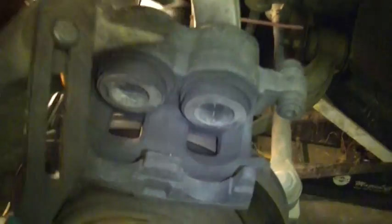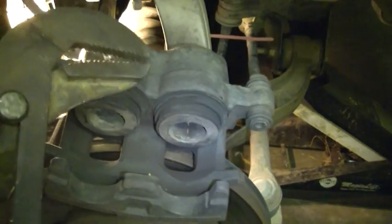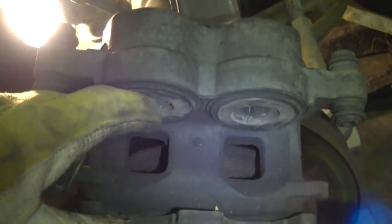And what I'm going to actually use is a pair of big channel locks, and maybe that other smaller pair. I may use that C-clamp, put on one side and just ease them both down at the same time. I would show you, but I don't have but limited 2 hands. Now you see how they're both compressed in? That's going to allow it to go over the new pads, because the new pads are going to be way thicker than the old pads. New pad,